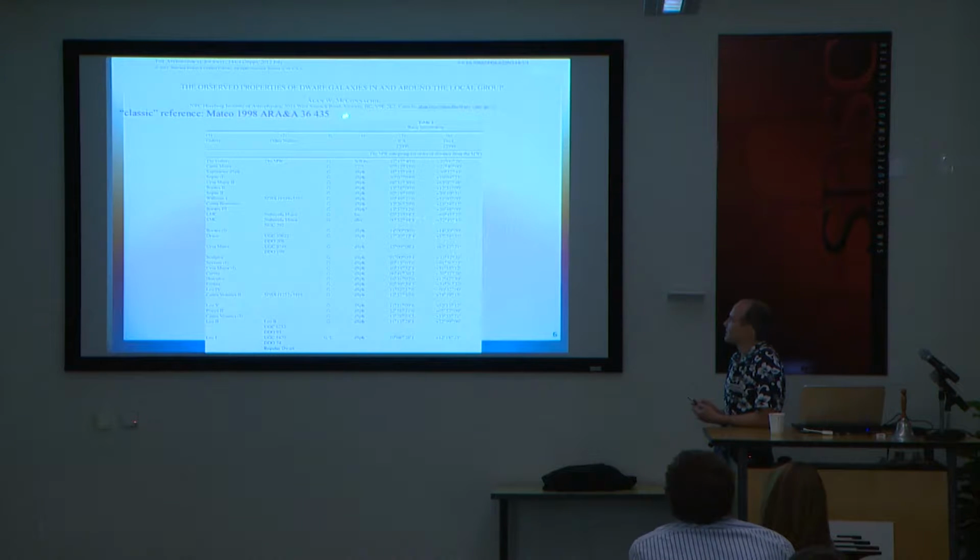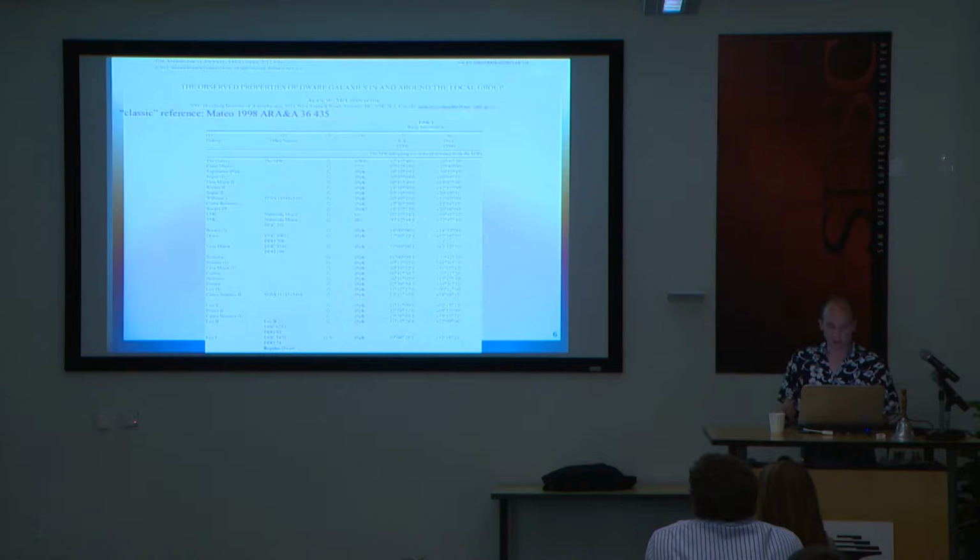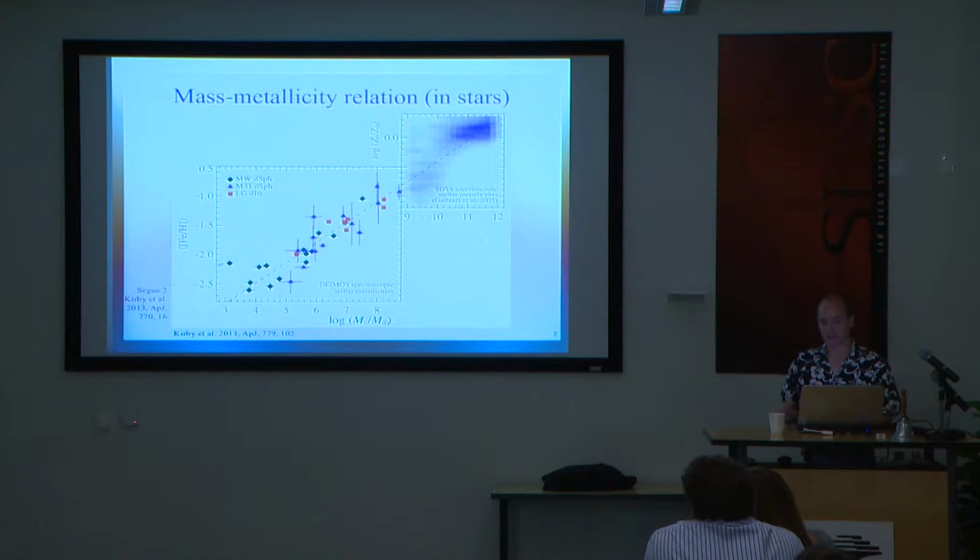The classic reference, which has thousands and thousands of citations, is Mateo 1998, just in case you're interested in looking up all these dwarf galaxies. There's quite a few of these things. The McConnachie paper has probably about 100 of these dwarf galaxies. And it's been my goal for a long time to measure the abundances for as many of these dwarf galaxies as I can. So one reason you might want to measure the chemical abundances or the metallicities of dwarf galaxies